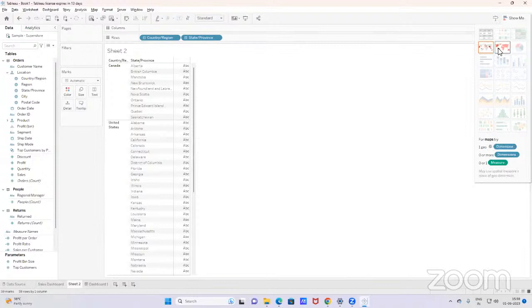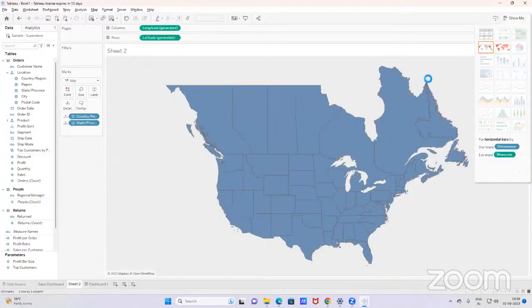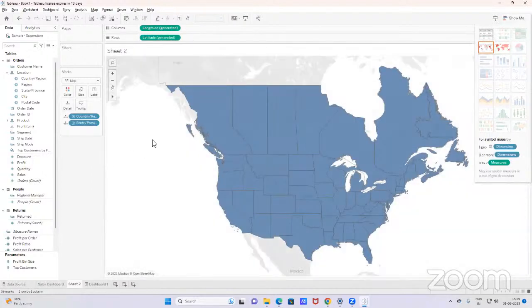So let me use this visualization. This looks better for now. And it has already split into latitude and longitude. So intelligence is there already. We have not put rows in latitude and columns in longitude. We just dragged